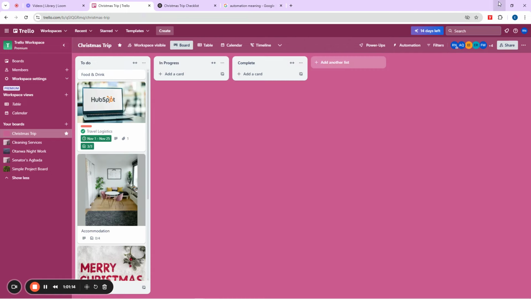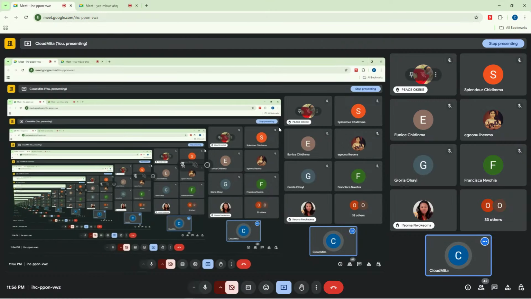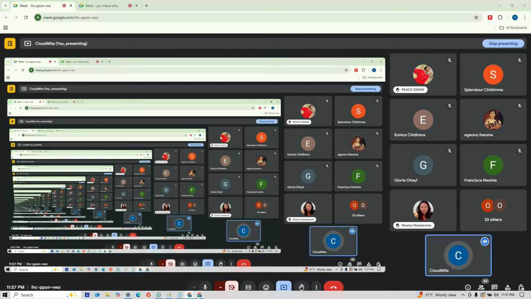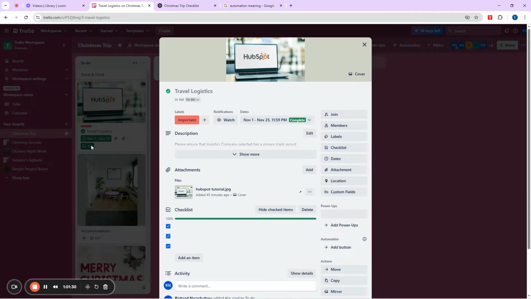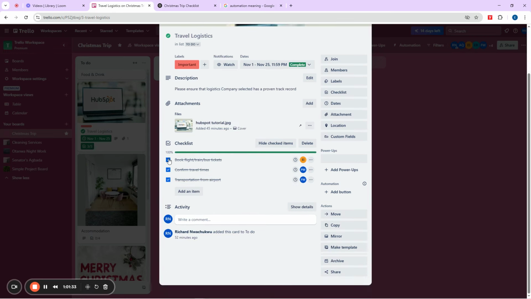So now we are assigning tasks inside of our Trello. People that we assign the Trello task, how are they going to do it? Now, if you come here, you see that the question has actually answered itself, right? Look at it now. We have this task here, and we said you should book flights and confirm travel time, whatever.